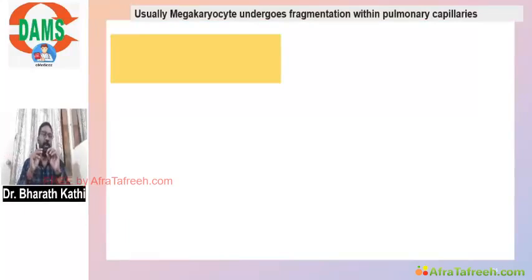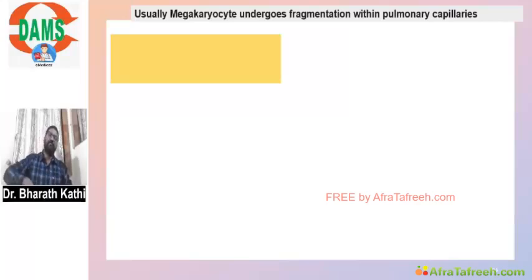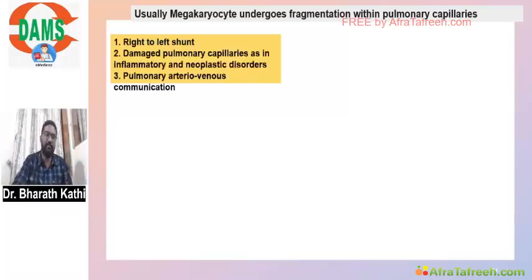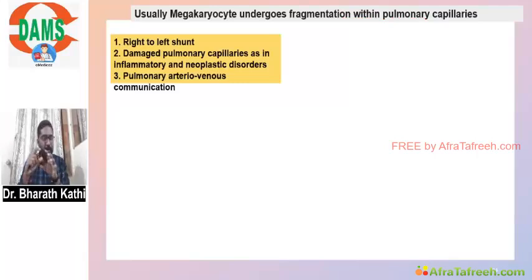Generally, megakaryocytes are nothing but mother platelets. From the megakaryocytes we get platelets. These megakaryocytes usually undergo fragmentation within the pulmonary capillaries. From the bone marrow they are transported into the pulmonary capillaries. There they will be broken down and come into circulation as platelets. But whenever there is a right to left shunt, or damaged pulmonary capillaries as in inflammatory and neoplastic disorders, or some abnormal pulmonary arteriovenous malformations,